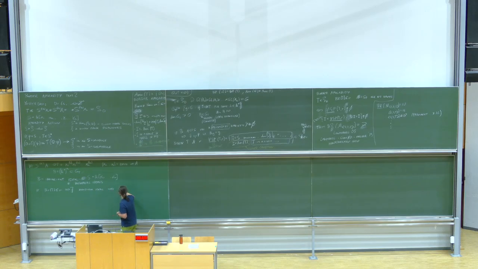So first of all, the dimension of S mod I in degree d prime is equal to the minimum of R and the dimension of S d prime,